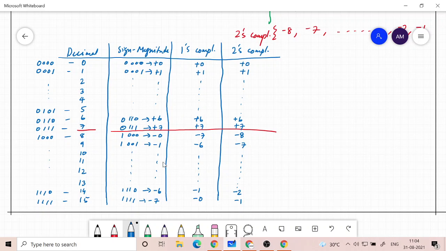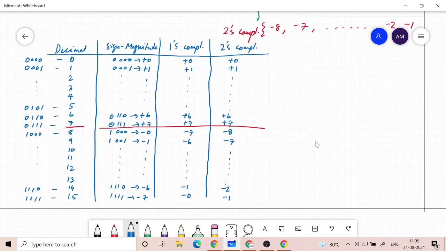Of course, for readability, sign magnitude form is better. You just look at the sign, the most significant bit, and then you look at the next 3 bits, you have the magnitude. You can understand it readily, but it may not be very easy to understand that 1001 is minus 6. That is not very clear, but still, why do we use this? It's because it is very easy to do subtraction. By using this method you can do addition. So that is the advantage of 1's complement and 2's complement.